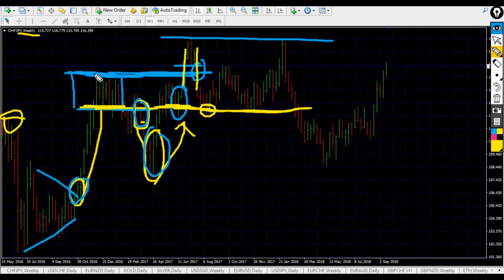And then when we go up, here will be where we go for a closing trade. If we are buying over here, we can close our trade over here. And if, for example, we are selling over here, then we have to close our trade over here, right? And if we are buying over here, then we have to close our trade over here. But what we can notice is that when the price keeps testing and testing and testing,